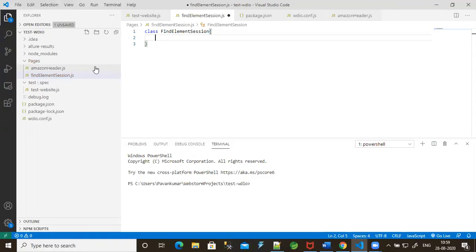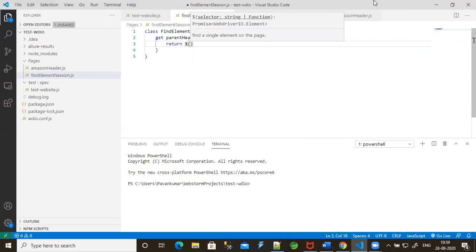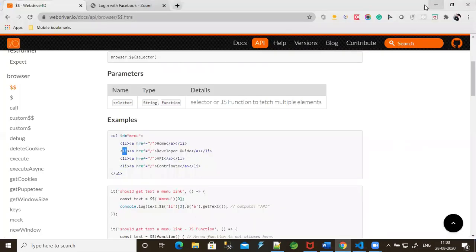After the last method, I'm going to use a console.log. Let me check the element from which we are going to get the elements.